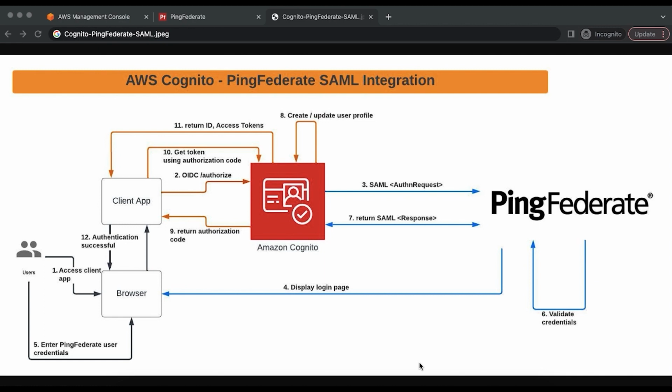So before getting into the configuration steps, I will quickly explain the end-to-end flow on how a user can log in using PingFederate credentials to a client application that is secured using Amazon Cognito as the identity provider. So when the user tries to access the client application URL in the browser, the client app will do a browser redirect to Amazon Cognito using authorization code grant flow, and then when the user clicks the button in the login page of Amazon Cognito to initiate a federation with PingFederate, Cognito will post a SAML authentication request to